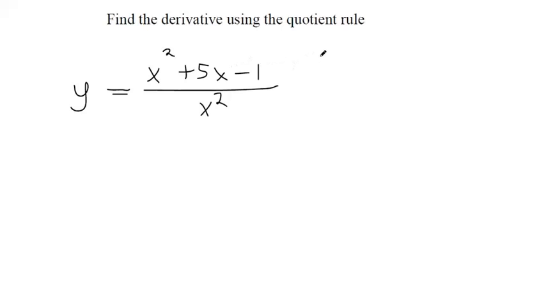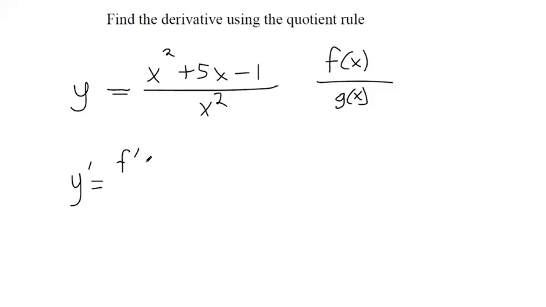So if you can define two different functions being divided, like if I call the entire numerator f of x and if I call the entire denominator g of x, then you have a situation where the quotient rule of differentiation can happen. Okay? And the quotient rule of differentiation, remember the y prime means the derivative, is found by